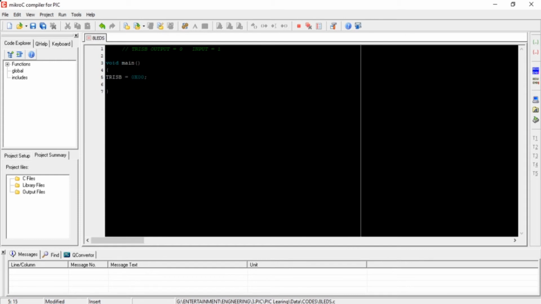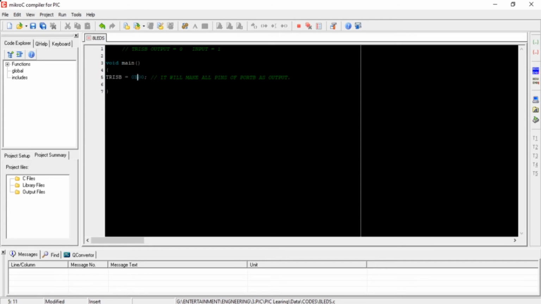What does it mean? It will make all pins of port B output.